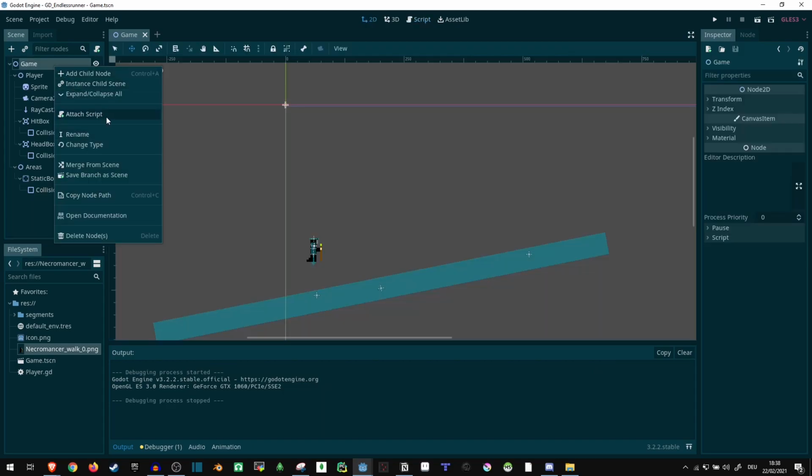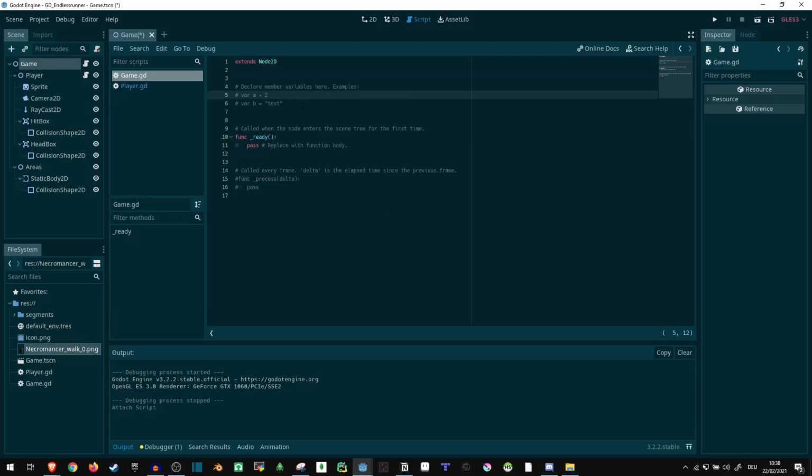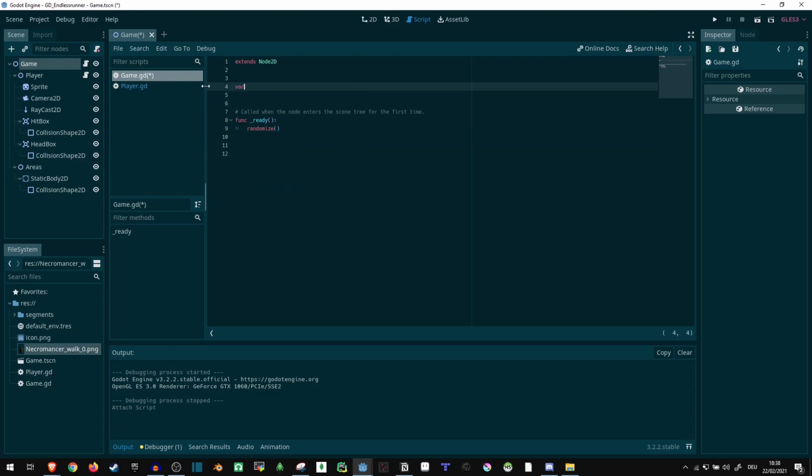So let's add a script to the game scene. Now, what are we gonna do here? Do we need a ready function? I guess we want at the very least to randomize in here. And probably spawn in some stuff later. Right now we don't care about that yet though, but we do want a speed for the map to move at. Let's set it to 200 and say func